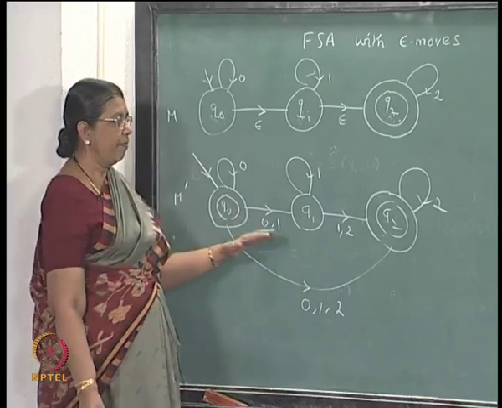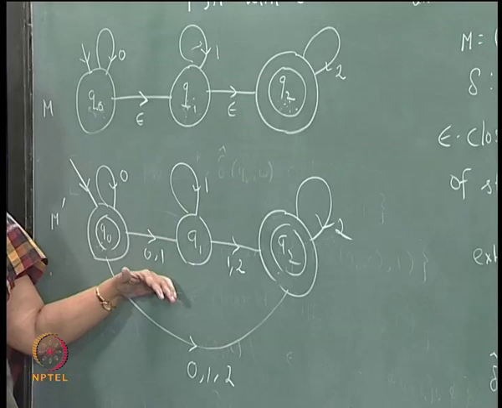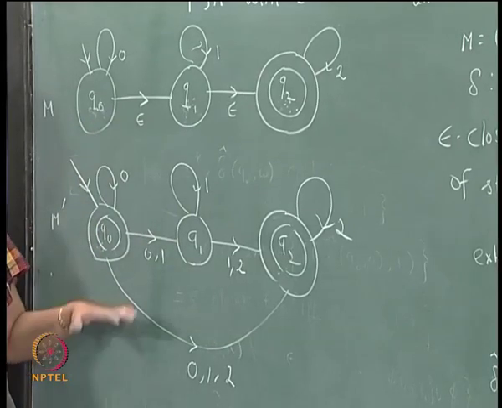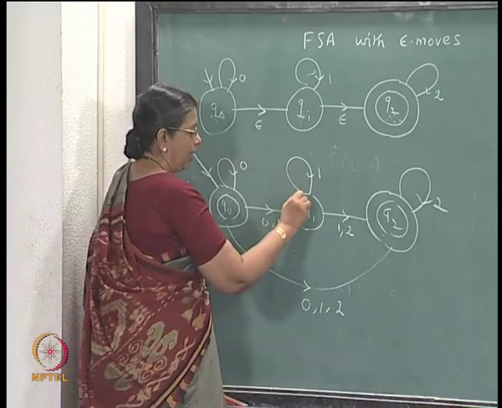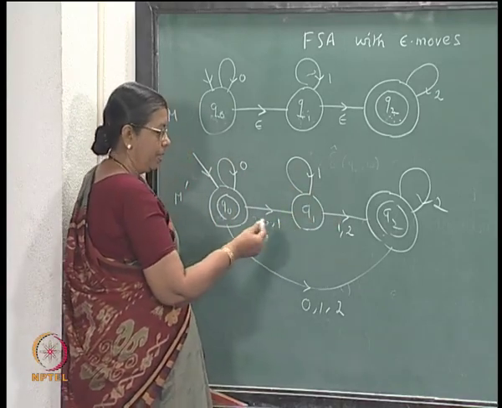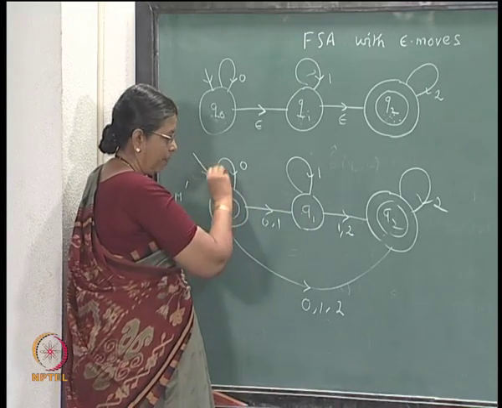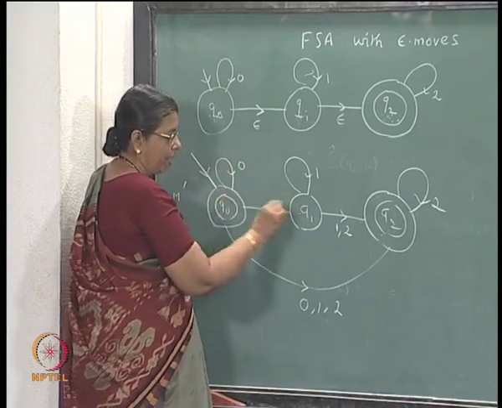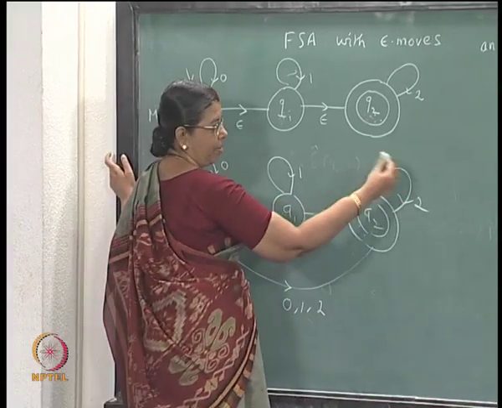So, this is the NFSA without epsilon transitions, which is equivalent to this. The language accepted is the same. Just see 0 power n, 1 power n, 2 power n can be accepted, because first you can read any number of zeros, then any number of 1s, and any number of 2s,